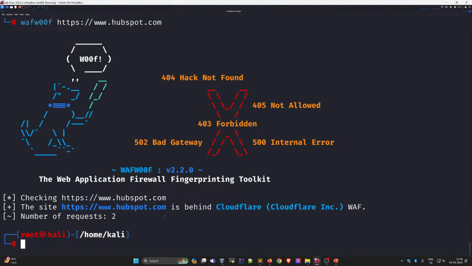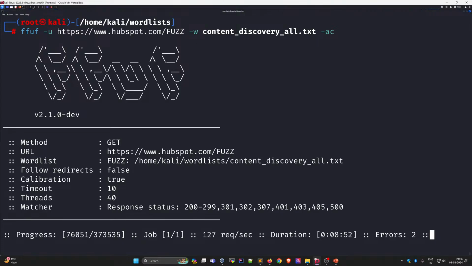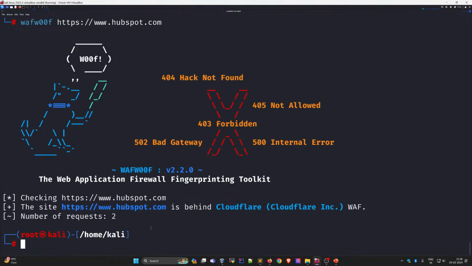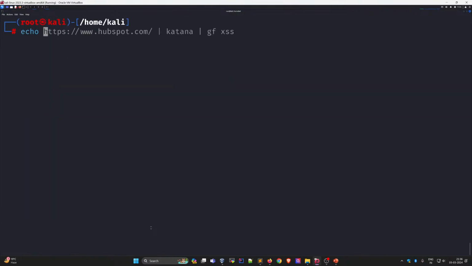Okay, so see, this is a very good tool for finding what type of firewall the application is using. Yeah, this is running. So, other thing, okay, I forgot one thing. You can use